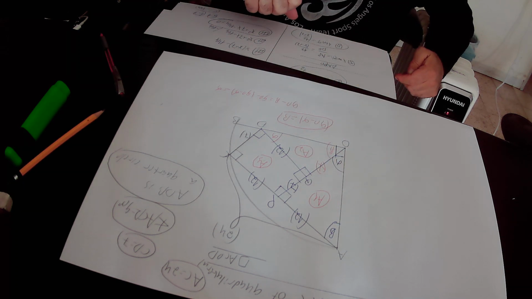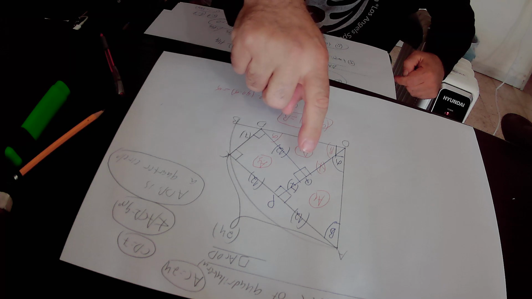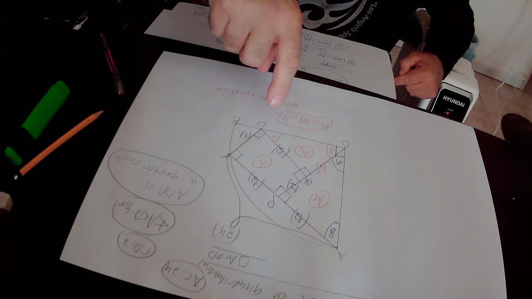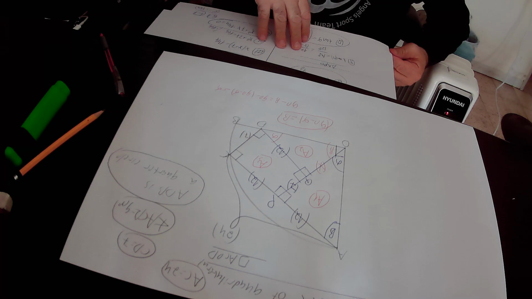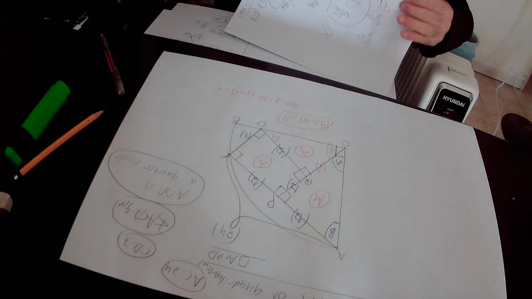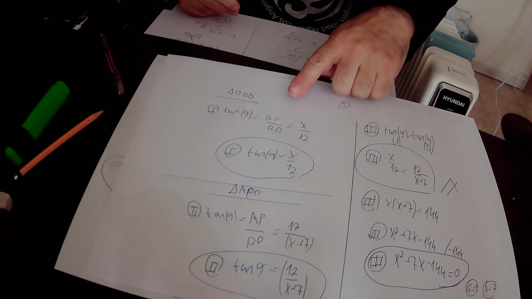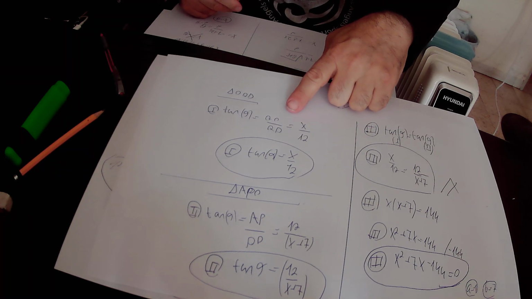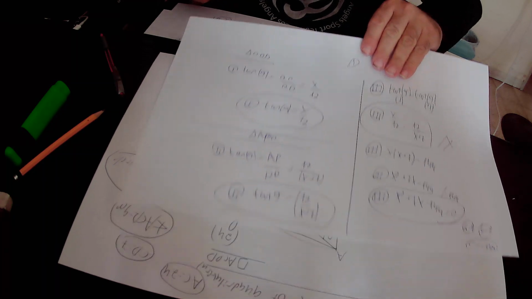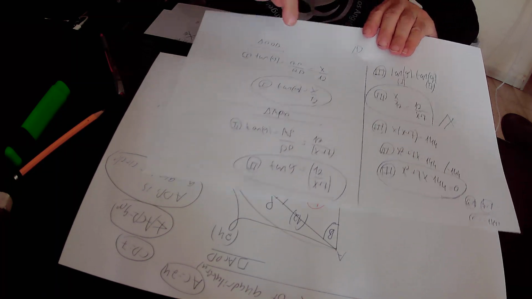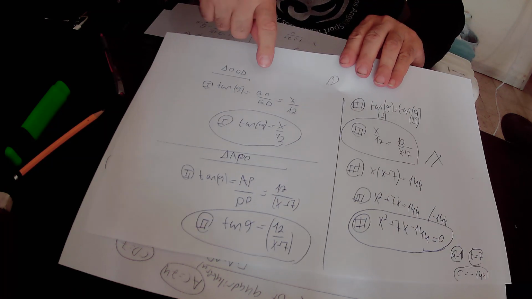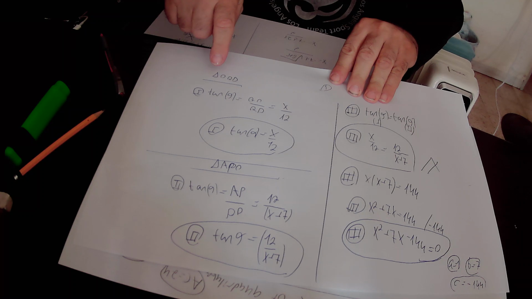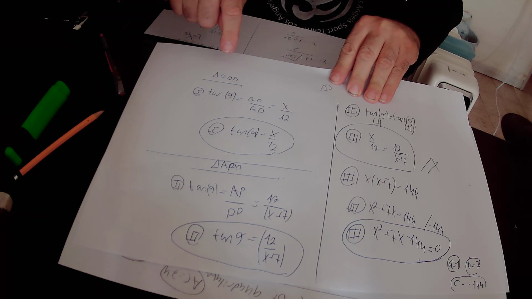Then we focus on the right triangle QOD. In the right triangle QOD, tangent alpha equals QO over QD. I repeat again, in the right triangle QOD, tangent alpha equals QO over QD. According to our definition, QO is x, so we can substitute QO by x over QD. QD is 12, so substitute QD by 12. So in conclusion, according to equation number 1, in the right triangle OQD, tangent alpha equals